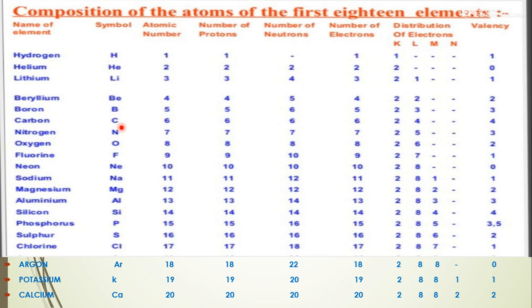As you know, our topic is structure of atom, and I already told you that this table is the most important table. We will discuss it again and again. In this table, I had discussed with you atomic number, and one more column is in this table, that is the mass number. Basically, the mass number is the sum of number of protons and number of neutrons. So you can get the sum of these two columns and get the mass number. Today we will discuss the atomic number and mass number. So let's go on to the slides.